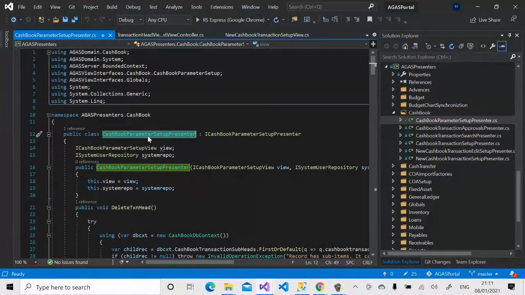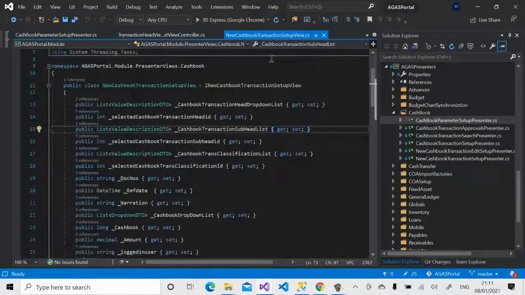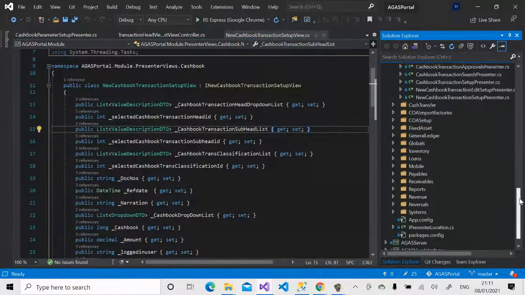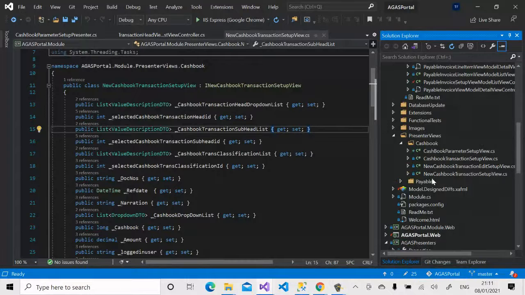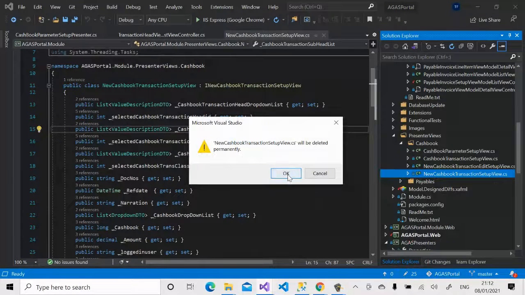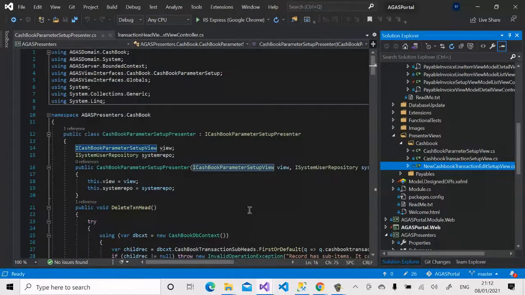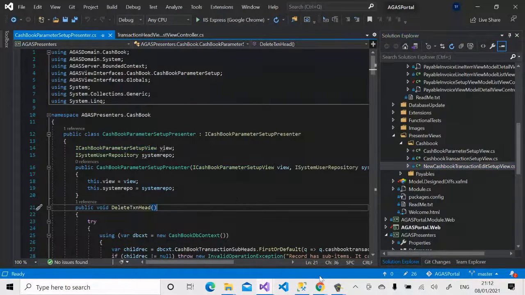So this is the presenter, right? And the next thing I want us to do now is that in the closing of the last video, I remember saying that we need to get the view interface and implement it. But one of the mistakes I made was that we are implementing it in the wrong place. So if you watch the last video, you will see that this is where I kept the file. But right now I'm going to delete the file because that is not where we're going to implement this. So the next thing I want to do is that I want to bring,